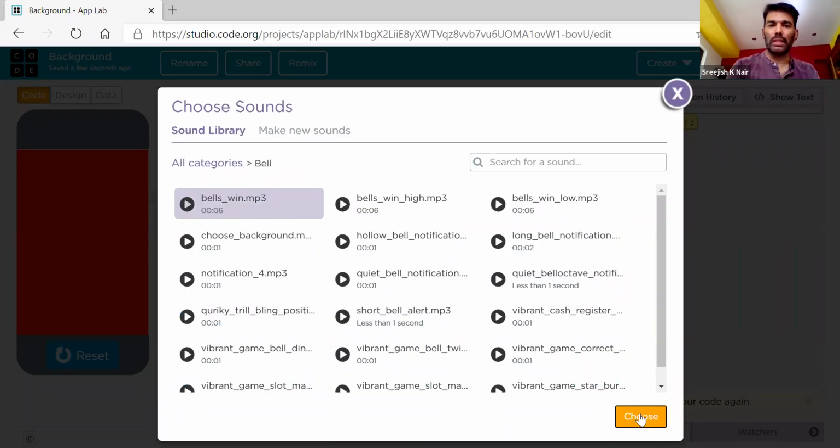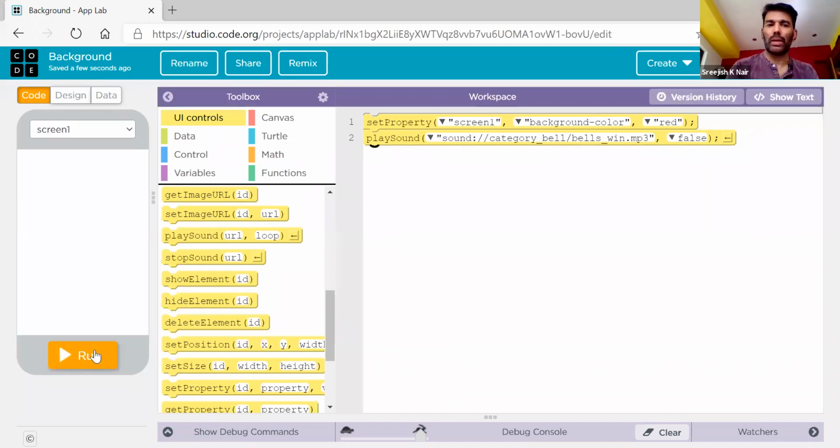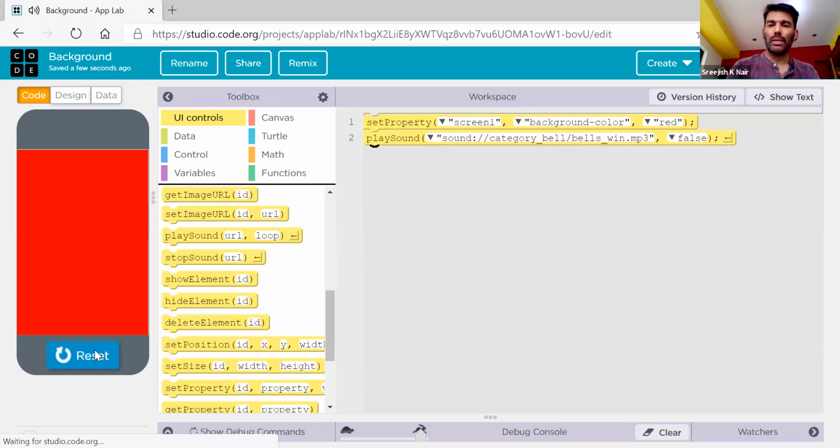So I'm just selecting a sound here, and you have an option like true or false. If you select true, this sound will be repeated endlessly. False means just one time. Now let us try to run our program. So when you run the program, you can hear this default bell sound.